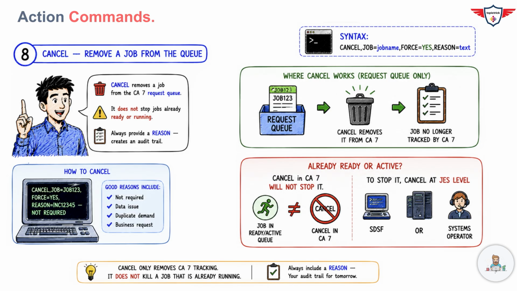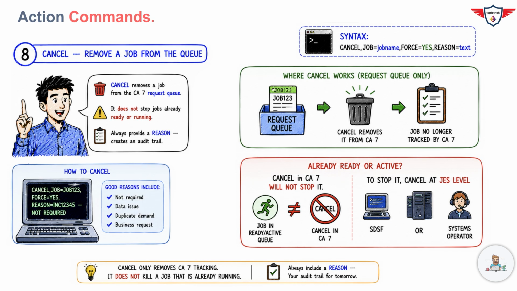The CA7 cancel command is for the request queue only, and you should always supply a reason when canceling. This creates an audit trail in the run log, which is very important in the post-incident review, right? So in case you want to see why this job was cancelled, you can very well check in the